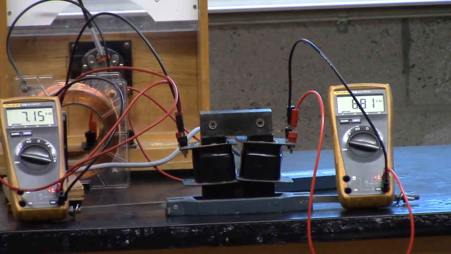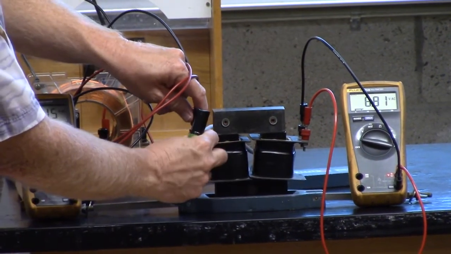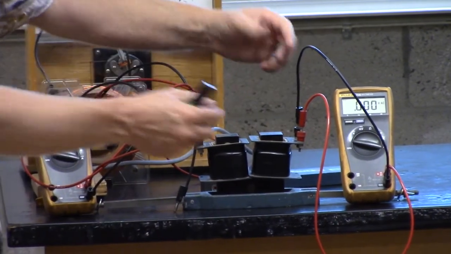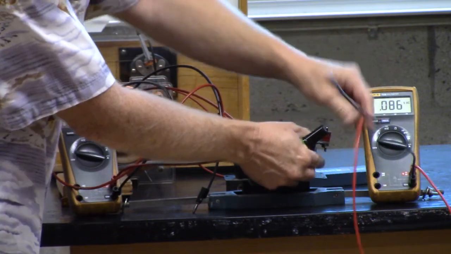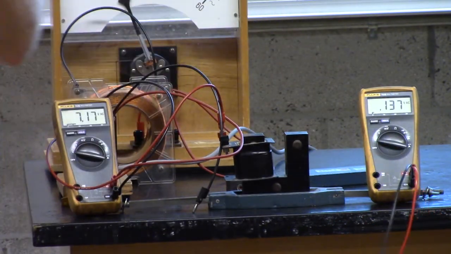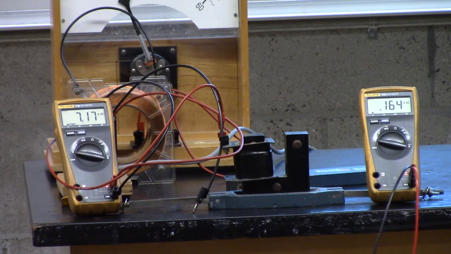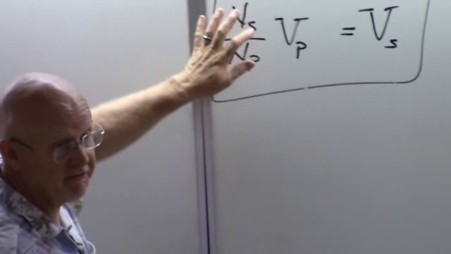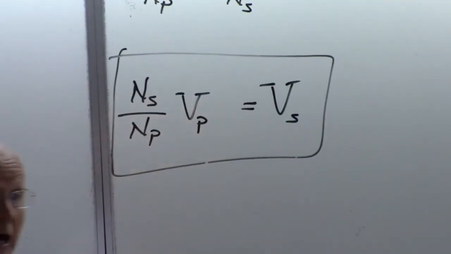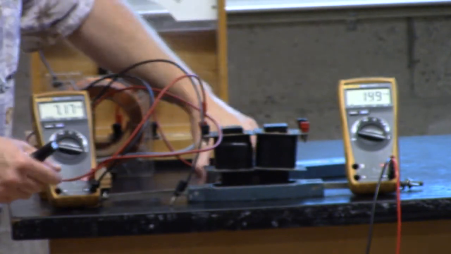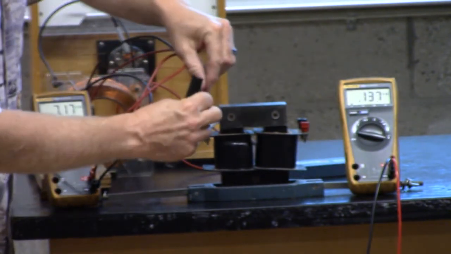And so if I wanted to then change this and make it a step-up transformer, let me remove the 110 and replace it with 220. So now this ratio in front, 220 over 110, this is a factor of 2. This would be then doubling the voltage of my primary. And so if I plug it in, I should